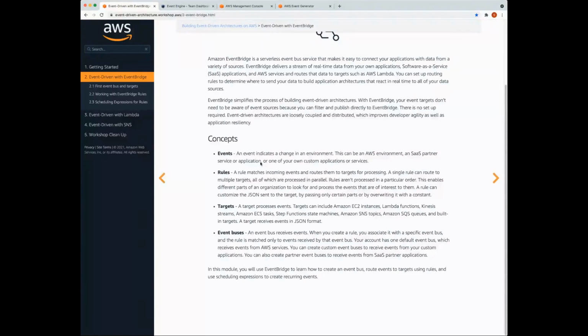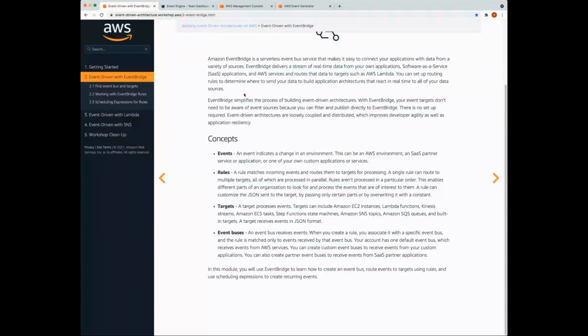And an event bus, which is what we're going to go through right now, which is what Eventbridge is. It receives these events and handles the routing of these events to these various services. So again, the event bus actually gives the possibility of having these services that are completely ignorant of each other.